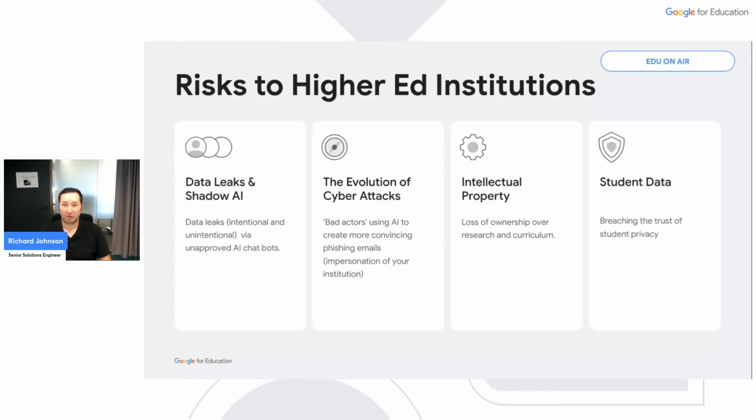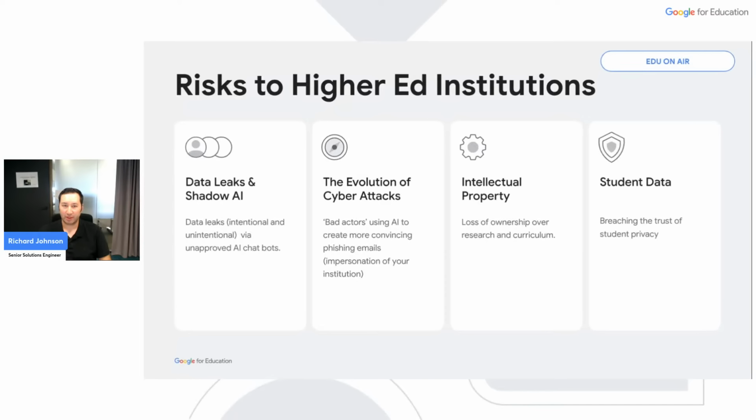Cyber attacks start to evolve with more sophisticated phishing campaigns that can personalize at scale to make them seem more legitimate, and prompt injection attempts can open up data loss vectors. Intellectual and organizational research data can be lost, and disputes of ownership can arise when data is publicly retrievable by a public version of an AI model.